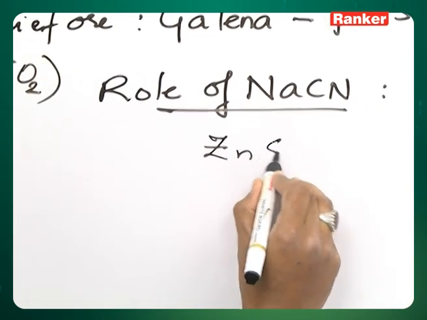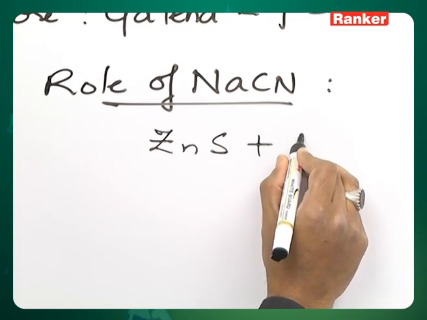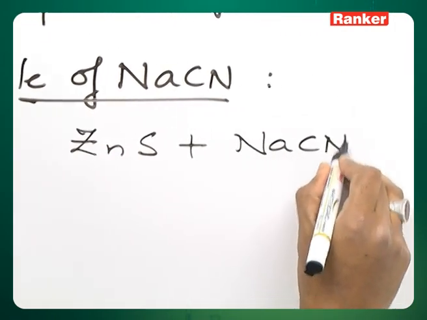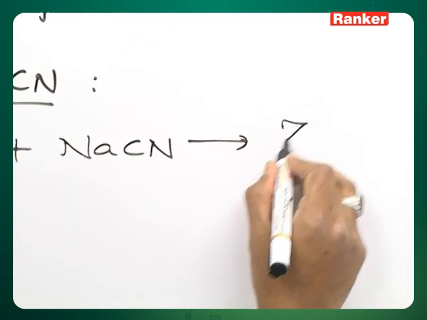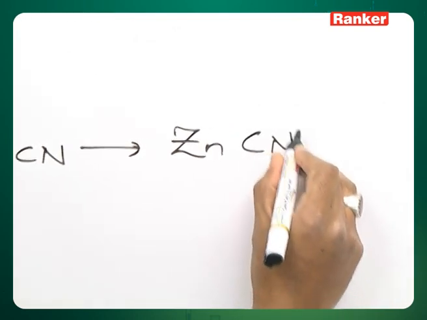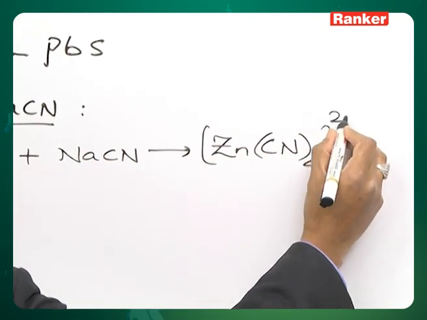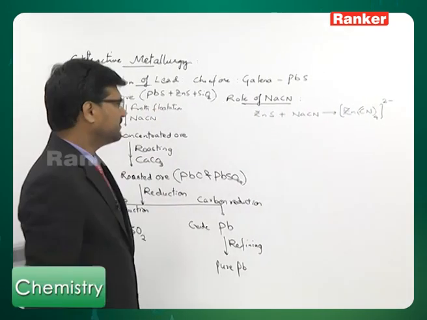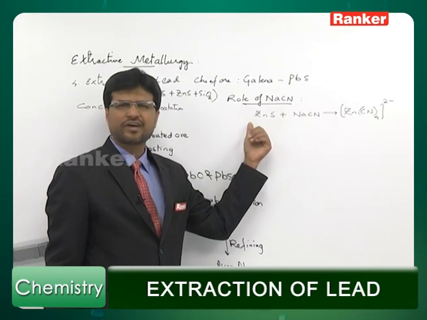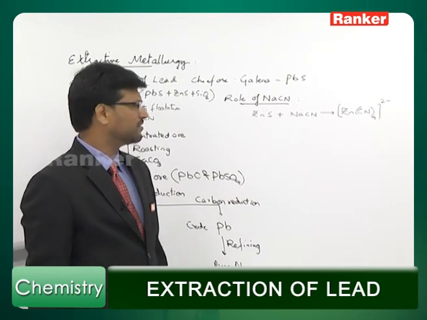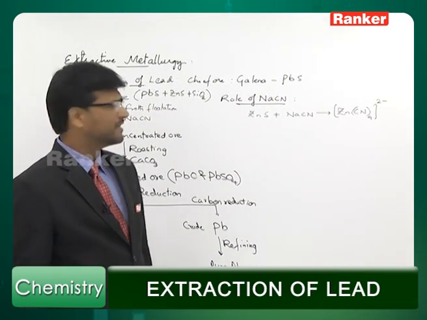NaCN, what it will do is it will react with ZnS to give a soluble complex, [Zn(CN)4]2-. So in this way, NaCN will transform zinc sulfide into a soluble complex and it will not allow ZnS to